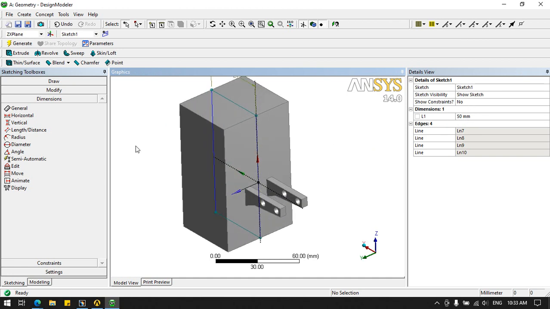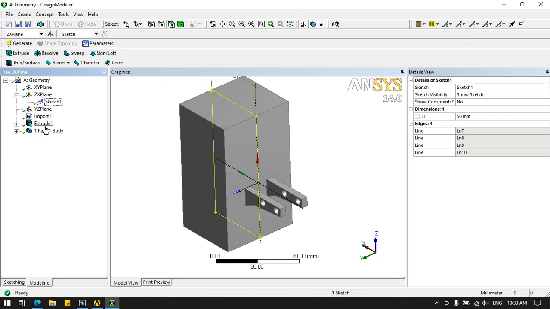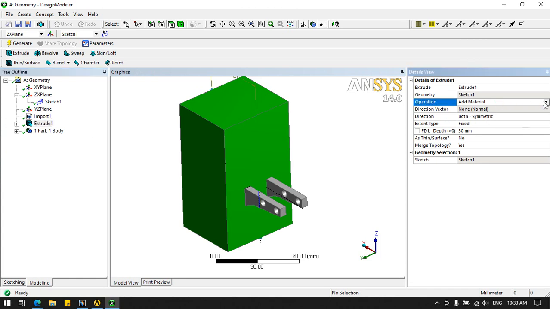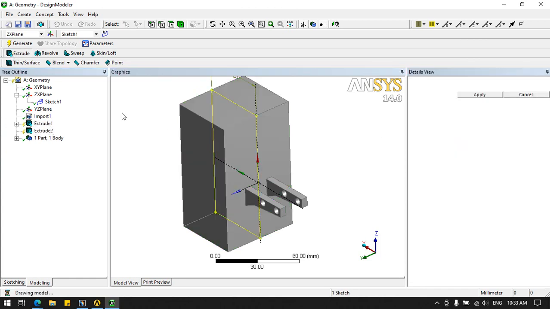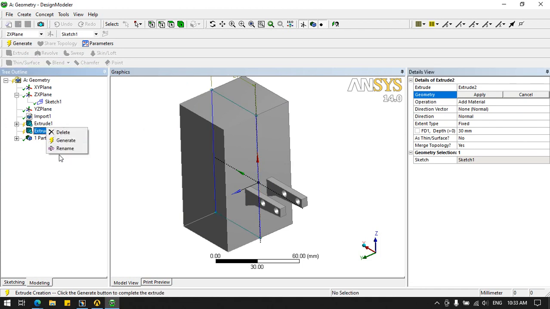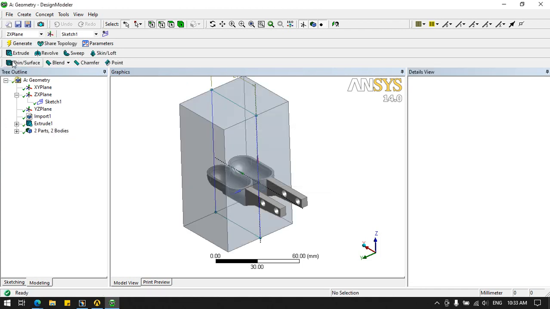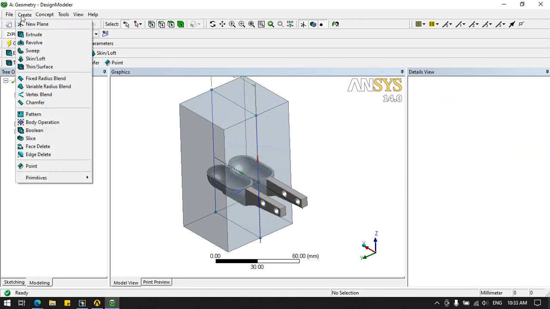Then make sure that you choose the extrusion as frozen so that we can see two bodies instead of one body. Generate so that we can see two bodies here. Let me cut the shape from this body so that we can see the interaction between these two. Otherwise it will be considered as two different bodies. And for the CFD process we have to make only one body, not two bodies.